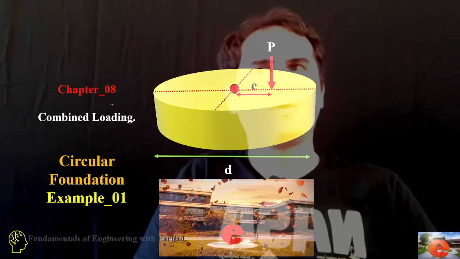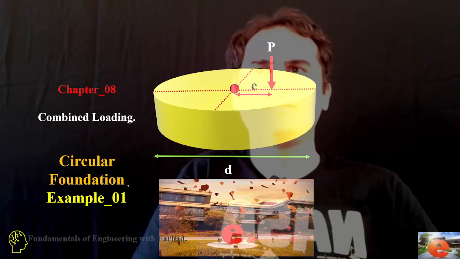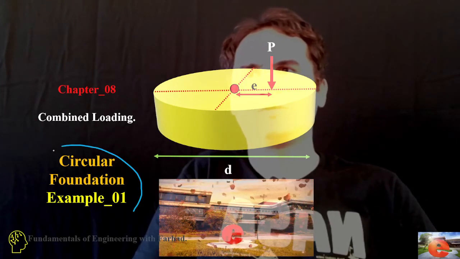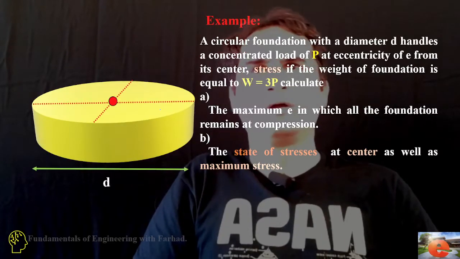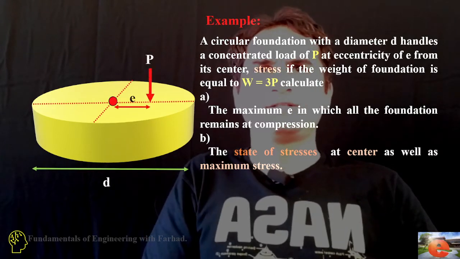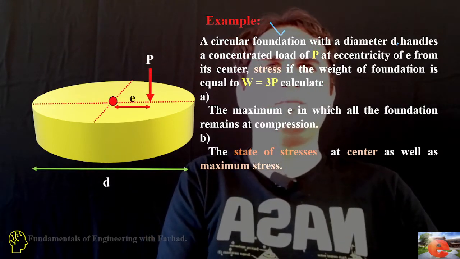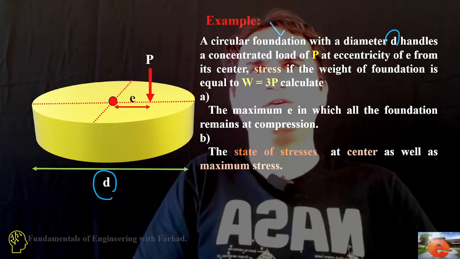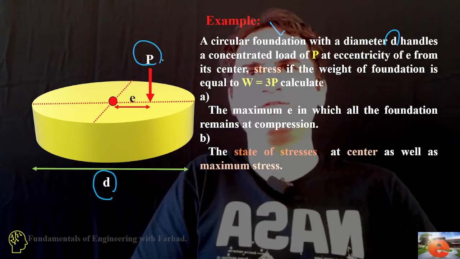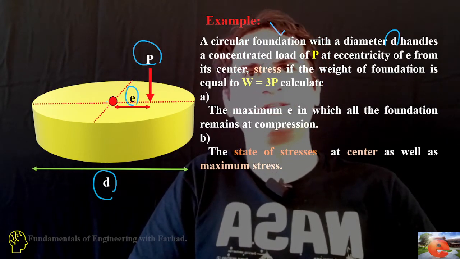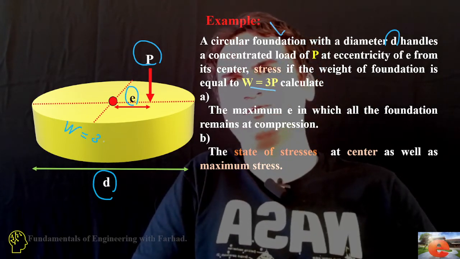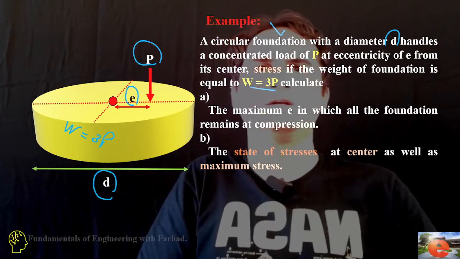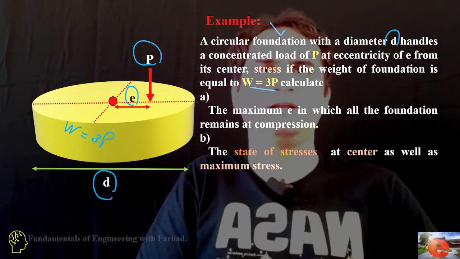Chapter 8, Combined Loading. Let's review an example of a circular foundation. In this example, we have a circular foundation with diameter D, as you can see in the figure, handling a concentrated load at a distance of E from its centroid. If the weight of the foundation itself is equal to 3 times P, we want to calculate the maximum